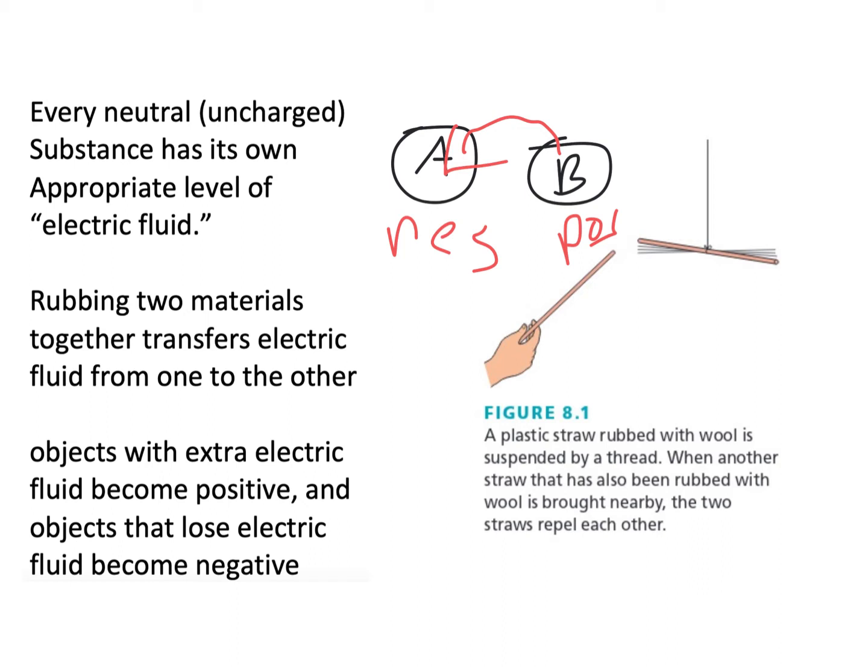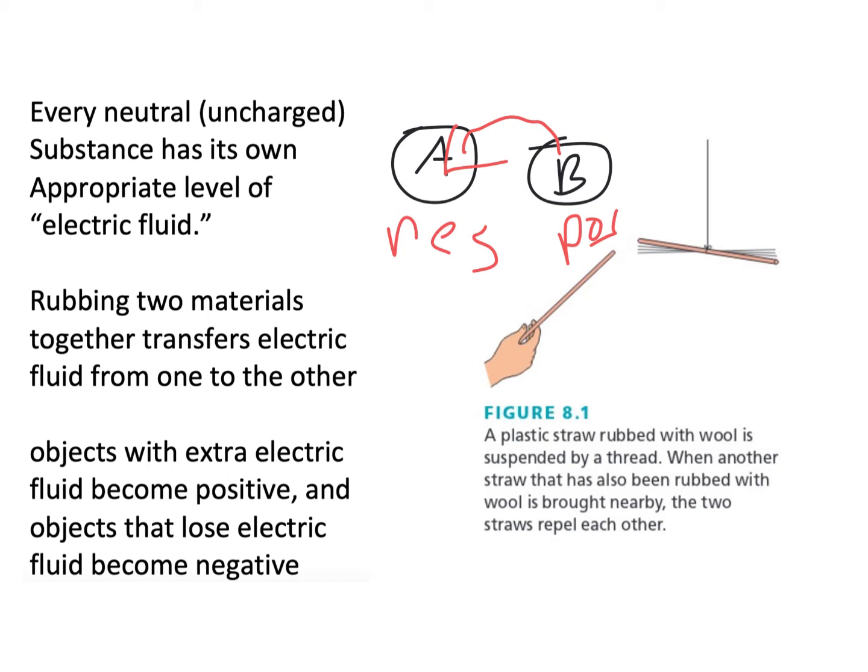And he wasn't that far off, because we know that atoms today have two kinds of charges built into them, positive and negative charges. The protons in the nucleus of the atom are positive, and the electrons around the atom are negative. And what happens when you rub certain materials together is that the electrons can transfer from one material to the other. And the electrons that get transferred make that object negative, and the other object has lost electrons, so it's left with an excess of positive charge.